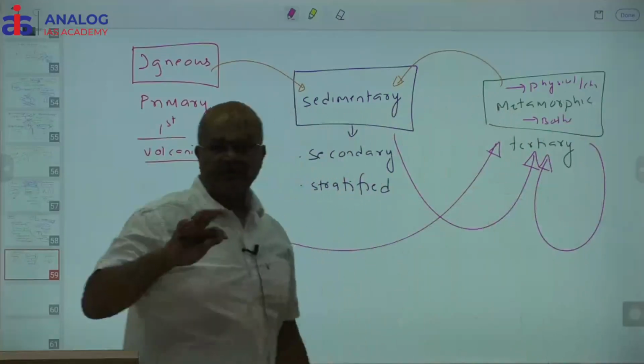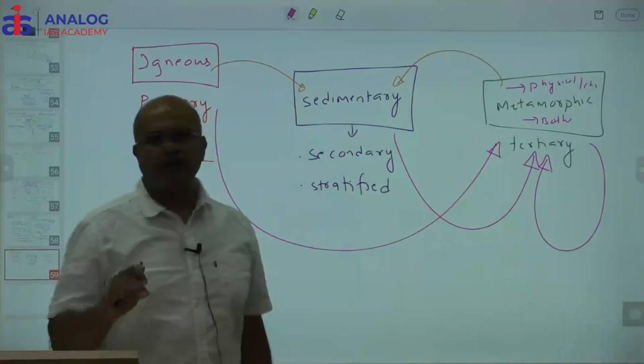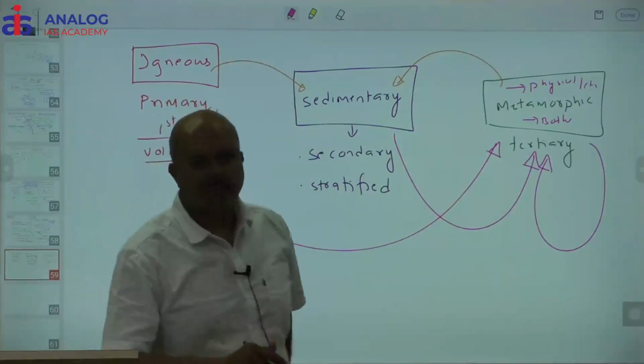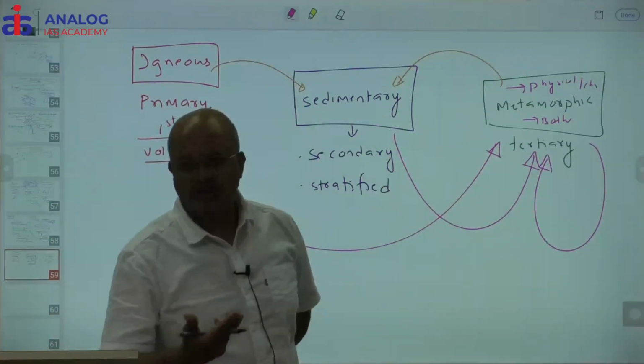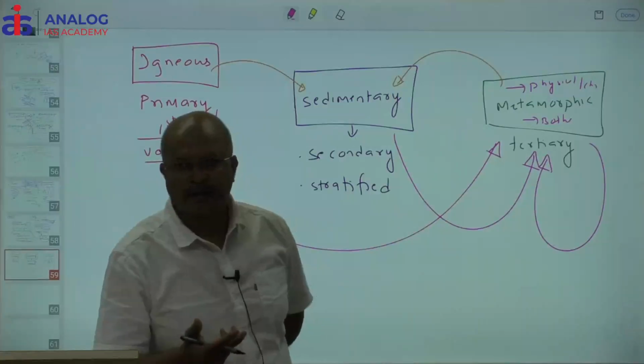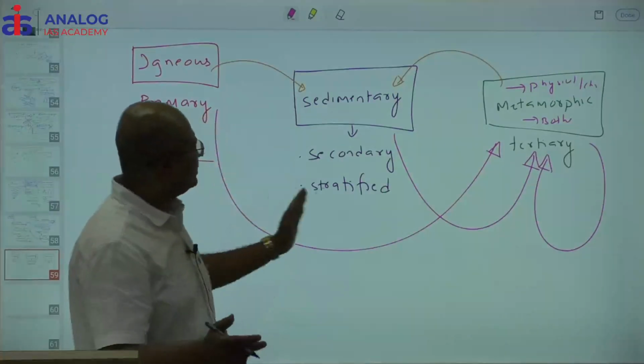So change in the physical property or chemical property or both. Such rocks we refer to as metamorphosed, changed rocks. Is that clear? Now among these three rocks,